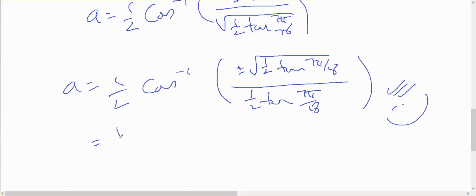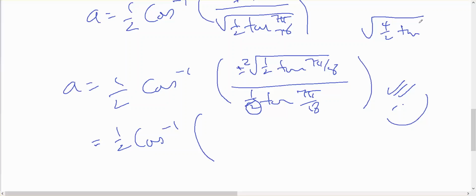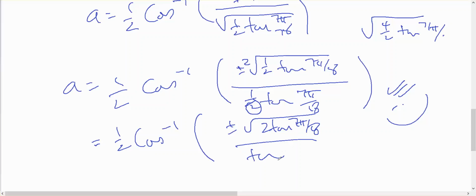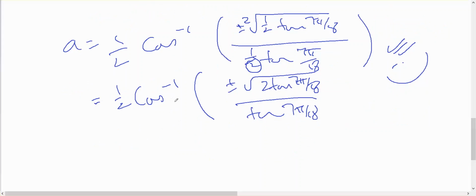I could have this as being a half the inverse cosine of this 2 would be up here. Then if it went inside, the 2 would become 4. So I would have under the square root, 4 on 2 tan of 7 pi on 18. So that would actually leave me with plus or minus the square root of 2 tan of 7 pi on 18 over the tan of 7 pi on 18. And if I'm looking for the cos being positive or negative,